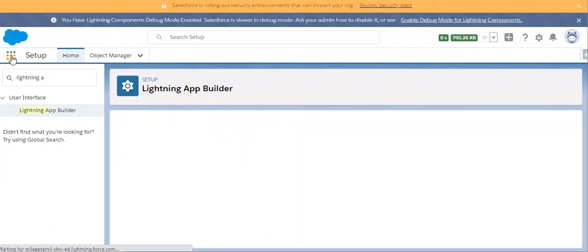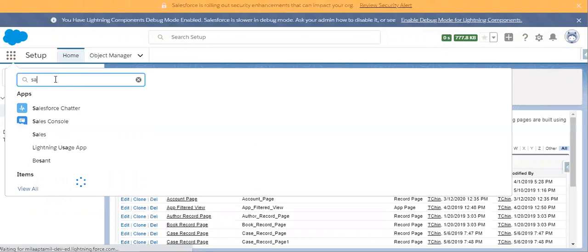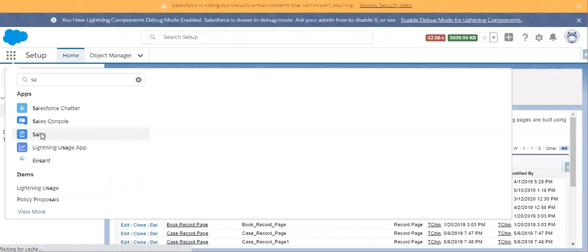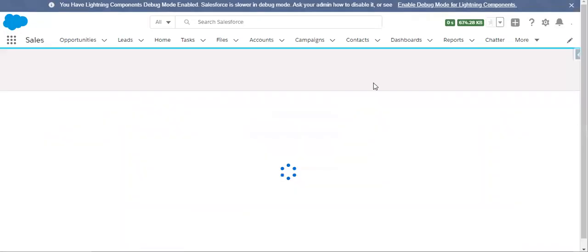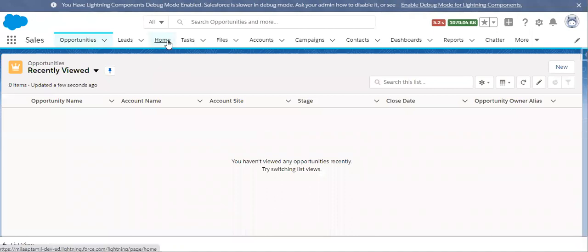We can go to it from here also. This is the easiest way. Let's go to the sales app and then to the home page.